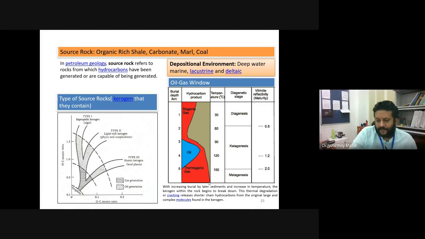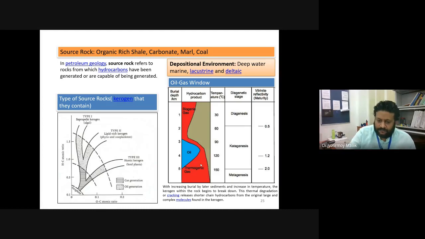So 3 to 5 kilometers is ideal for the development of oil, and that is what we call the oil window, with around 120 degrees centigrade where peak generation of oil takes place. And then you can see here this is thermogenic gas, because this comes by the cooking of the material. This is no more due to bacterial activity.